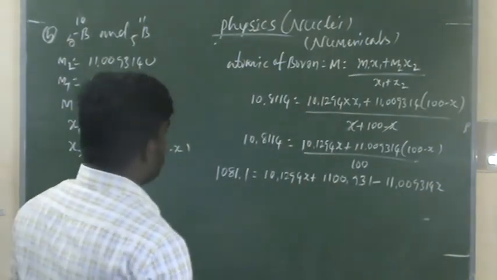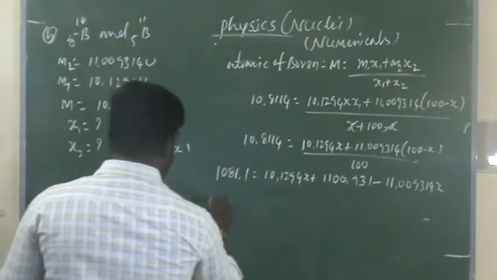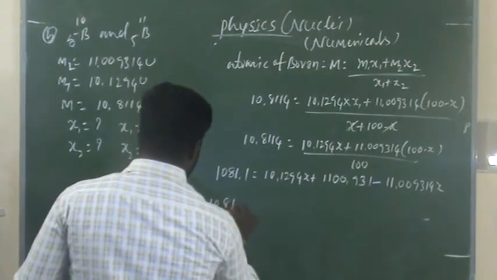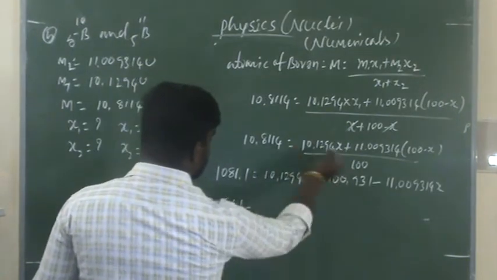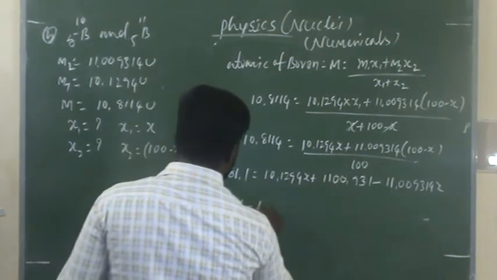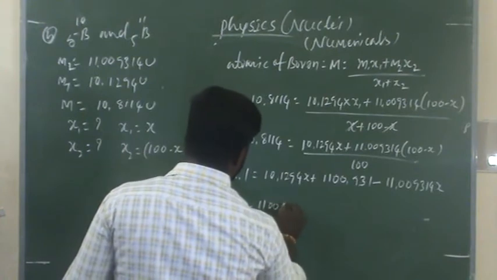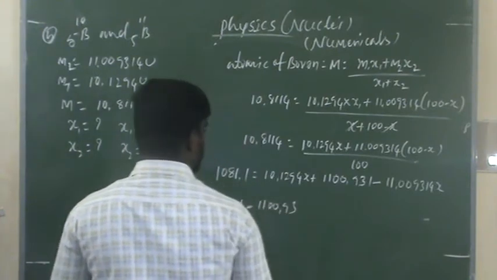So clear? Here, 1081.1 minus, taking this term to this side, minus 1100.93 is equal to